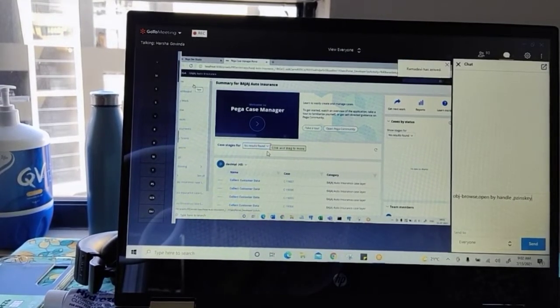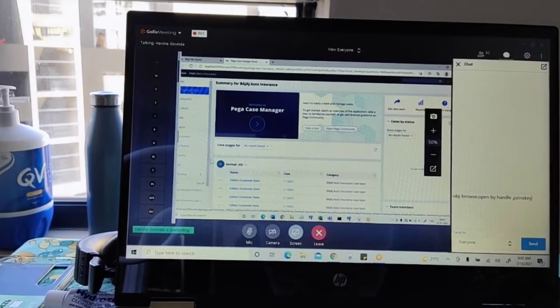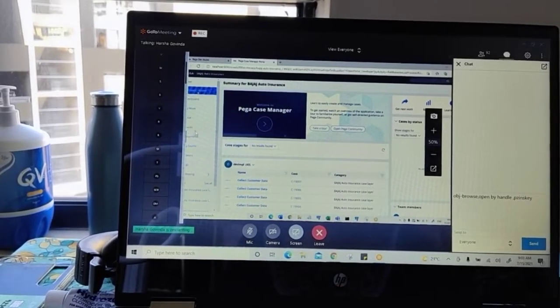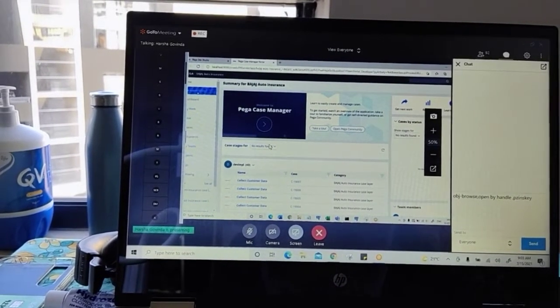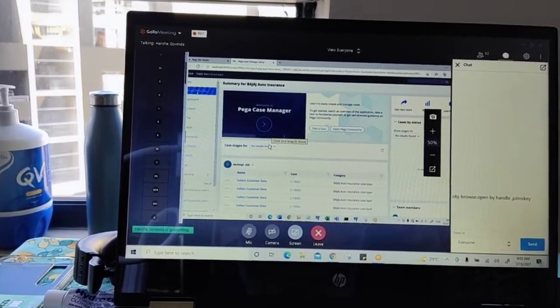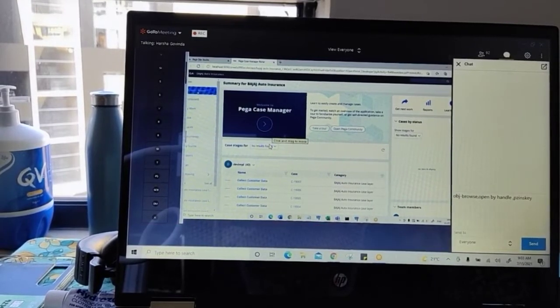So when they access their portals, they will go to the new menu. In the new menu, the flow name should be available. By default, it is not available. If the flow name is there, they can click on it. So they will go to new, begin insurance. They click on begin insurance, and the flow gets executed. But they do not see what is in the flow, and they do not modify, create, update or delete. They can only run the flows. By default, the flows are not coming here.